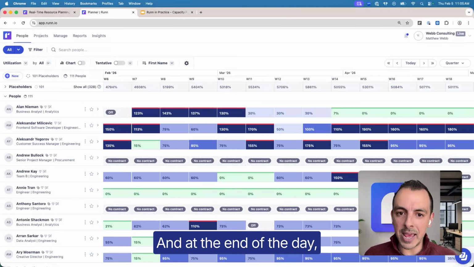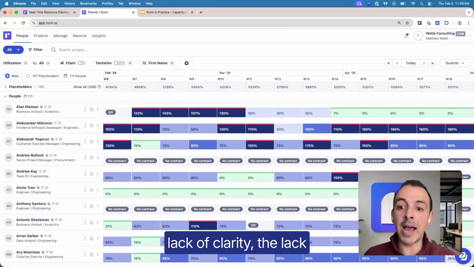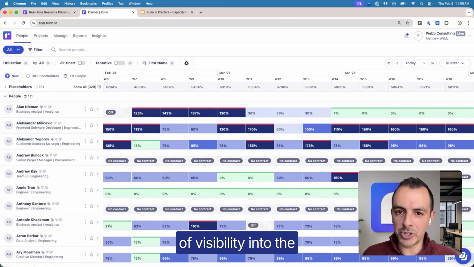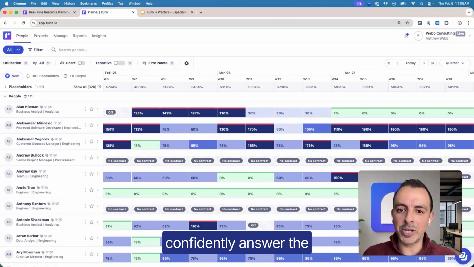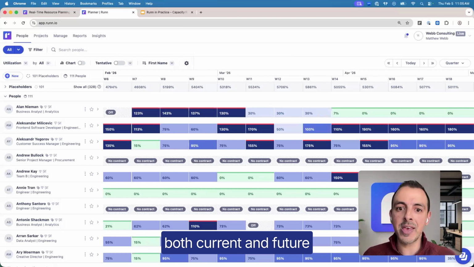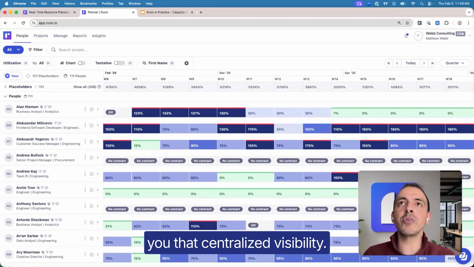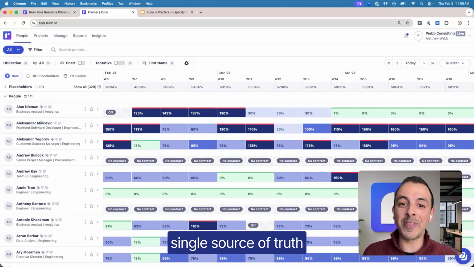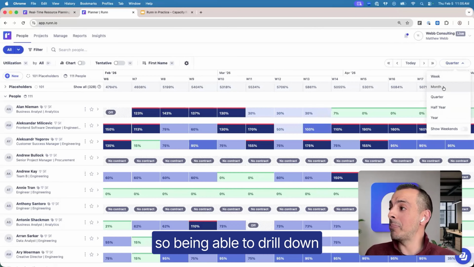And at the end of the day, the problem that we're trying to solve here is the lack of clarity, the lack of visibility into the future, to be able to confidently answer the question of, do we have enough supply to deliver on both current and future workload and future demand? That really is the intent here with the People Planner, to give you that centralized visibility, that single source of truth that we're all after, both in the short term,